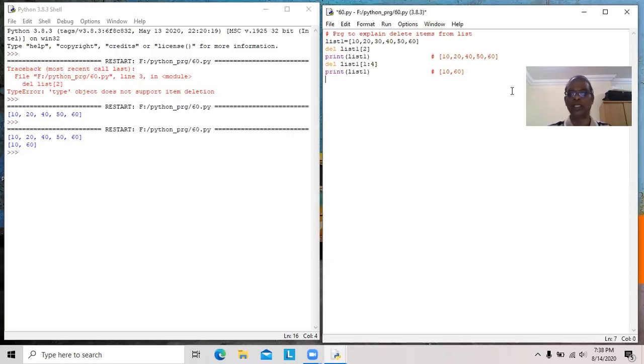Now I want to delete list1 itself. All elements available in list1 should be deleted, and the list1 variable is also deleted. Del list1. Now I would like to print list1. So it should give some error, since the statement del list1 deletes the entire list, all the elements available in the list. In addition to that, the list1 variable will also be deleted. Error, since list1 is deleted.